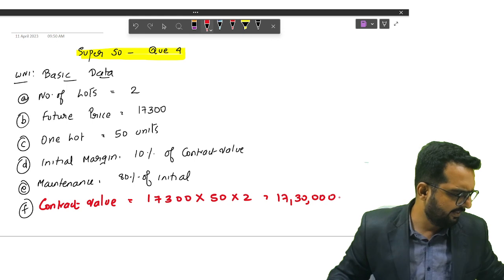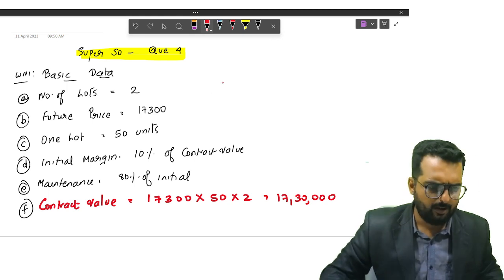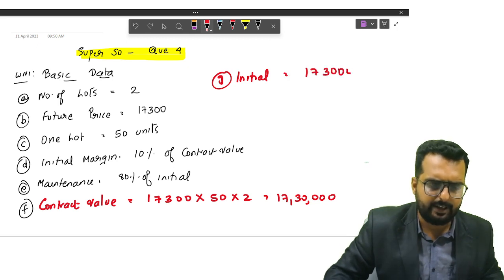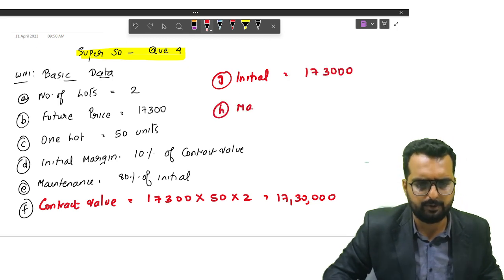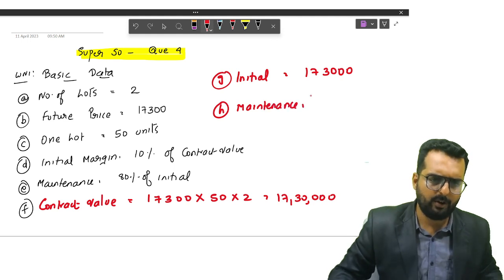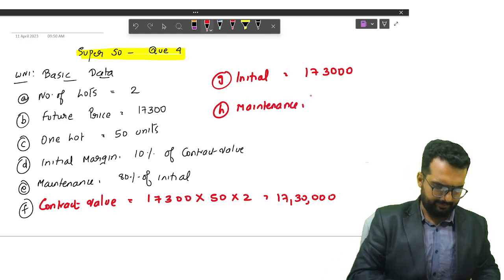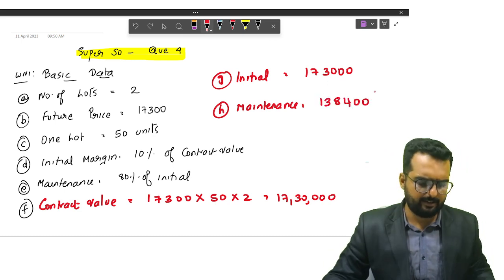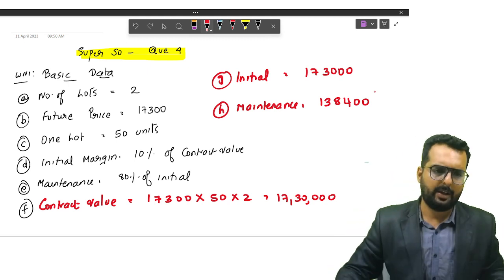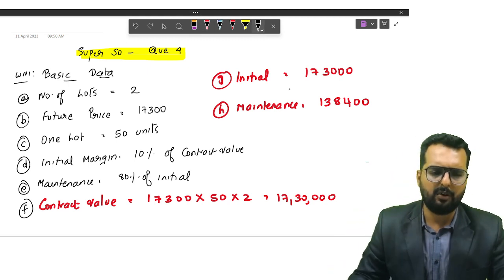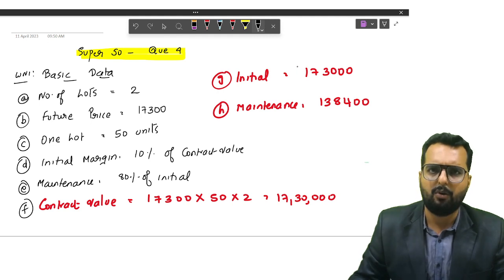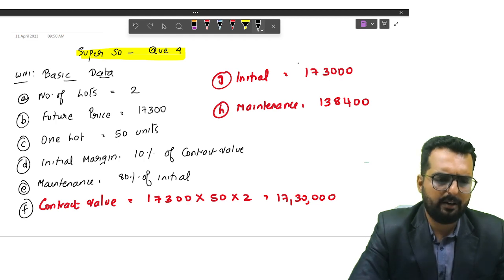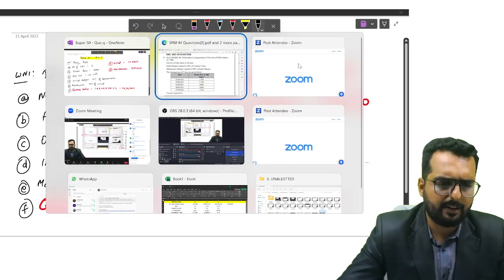Please confirm, friends. Is that the same answer that you got? Right? Okay. So once you get this, how much is the initial margin that you will have? 10%. That is 1,73,000. How much will be your maintenance margin? 80%. Do you get the answer as 1,38,400 as the maintenance margin, friends? Okay. So we have got initial margin also and we have got the maintenance margin also. Everybody clear with this part? Okay. So once we are done with this part, we'll go to the next area and we'll try solving this